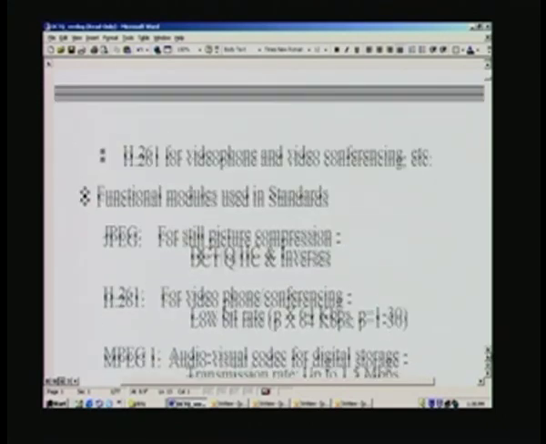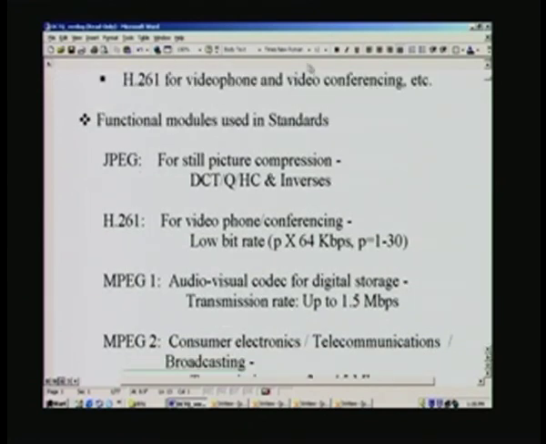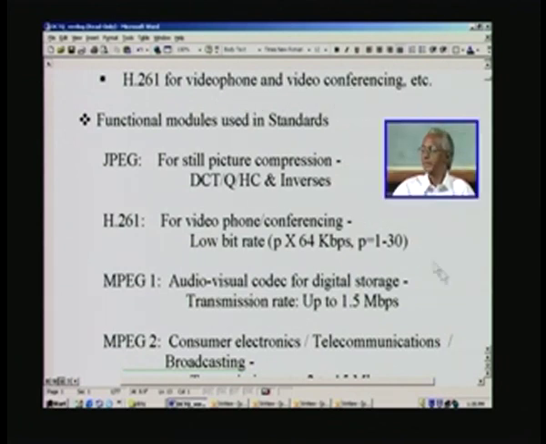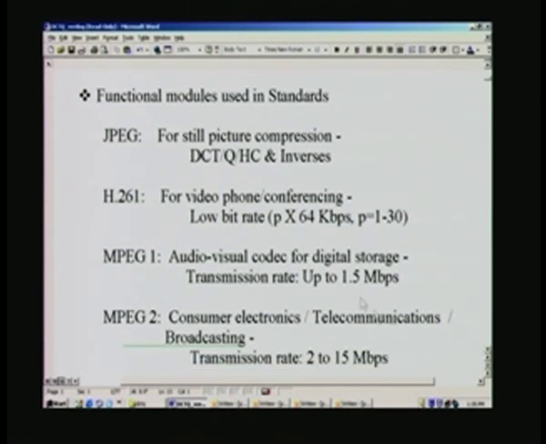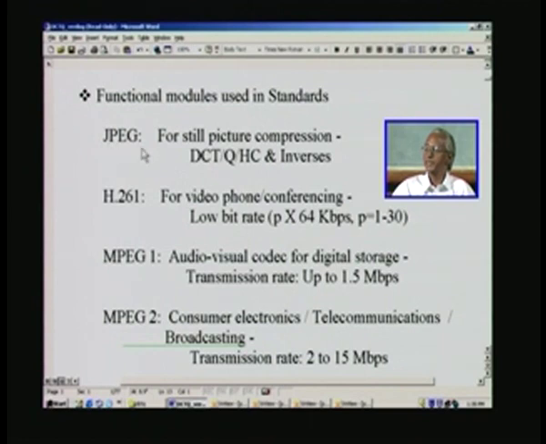So, this covers quite a lot of range, right from still picture to motion picture and video phone, video conferencing to broadcast quality video, which we will be listing here. So, the function modules used in these standards, for example JPEG, we are not going to cover JPEG 2000 because that is DWT based. So, we are going to concentrate on DCT based, and all these standards listed are basically the same, DCT is going to be used,